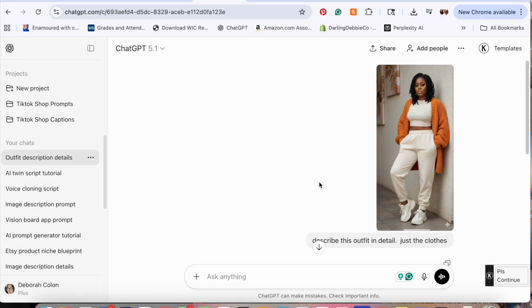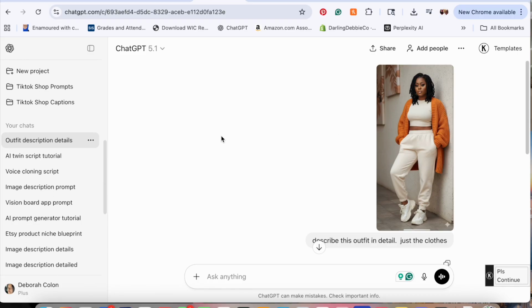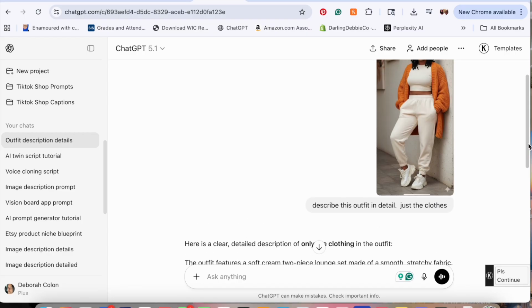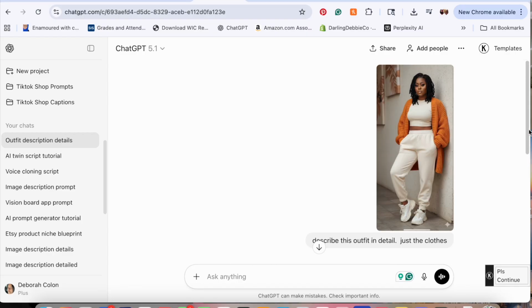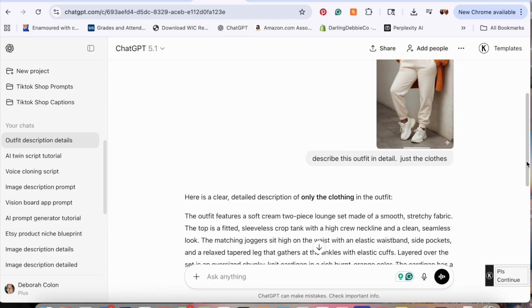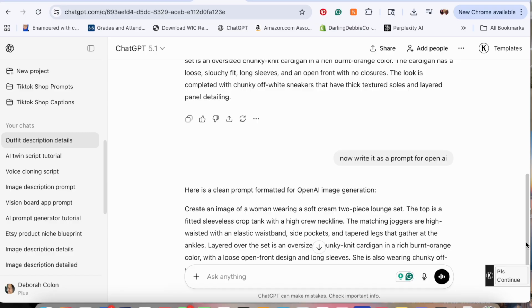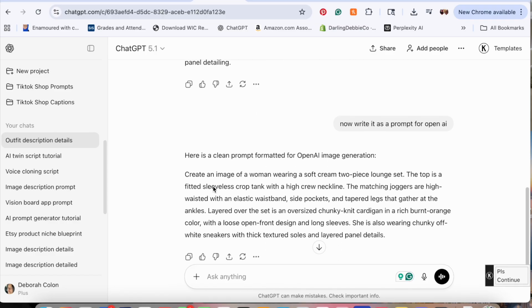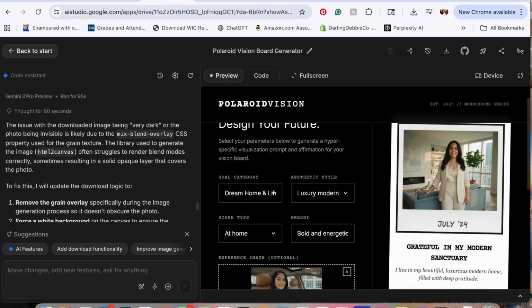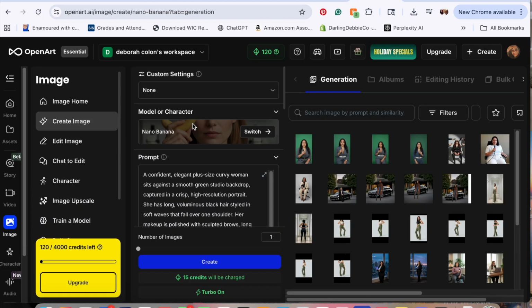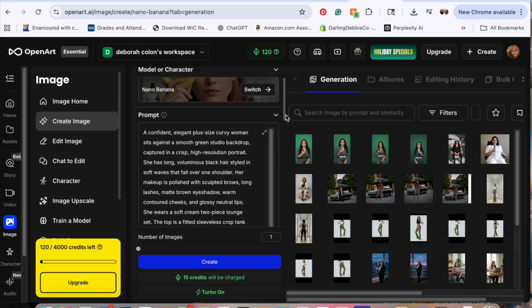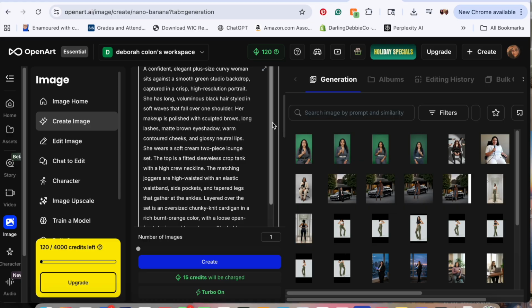Next thing I did was head on over to ChatGPT, and I asked ChatGPT to write a description in detail of the outfit the woman is wearing, and it did just that for me. And then I told it to write a prompt. I took this prompt over to, where did I go? All right, I went here to OpenArt AI, and I already have a prompt, but all I did was update it